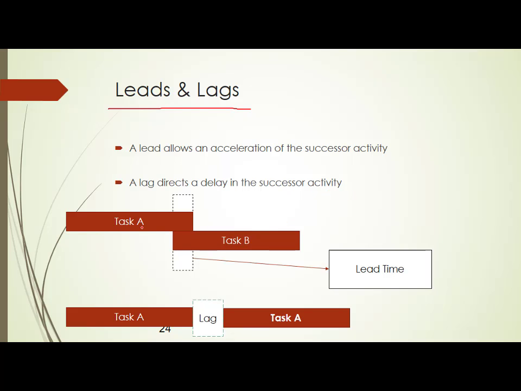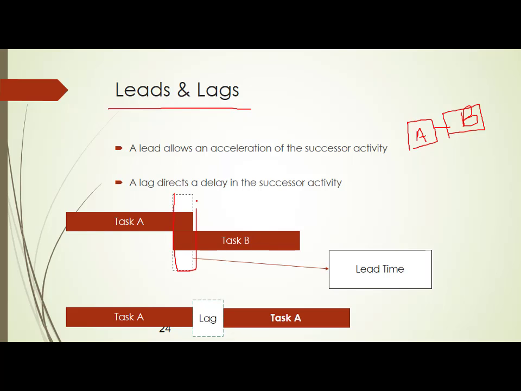Now you see here you have task A and task B. Let us say there is a mandatory logic: task B will begin after the completion of task A. But sometimes, because of previous projects, you have experienced that after 90% completion of task A you can still begin task B. You don't have to wait till 100% completion of task A. So you can put task B just nearing task A. This is the lead time.